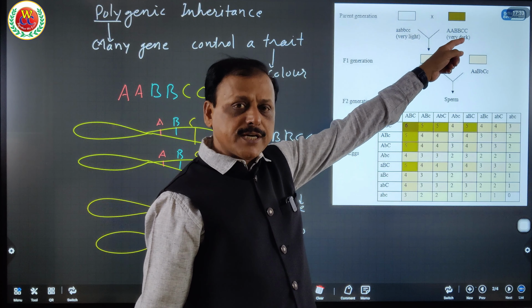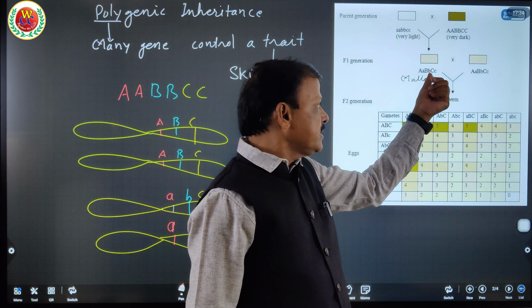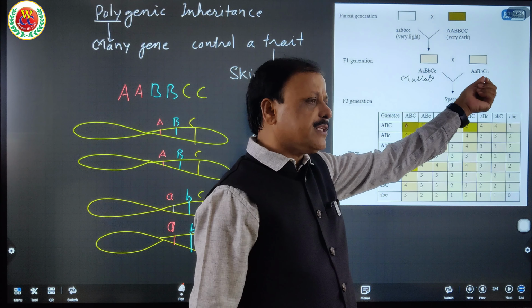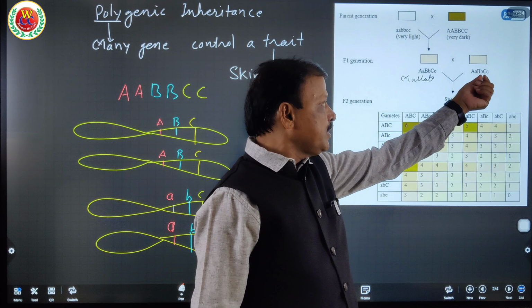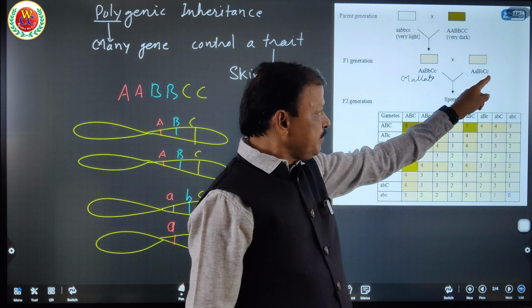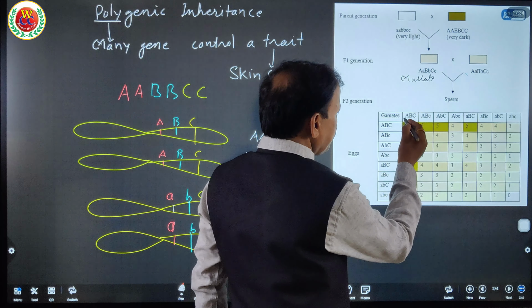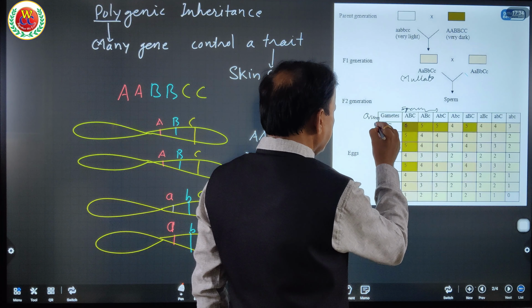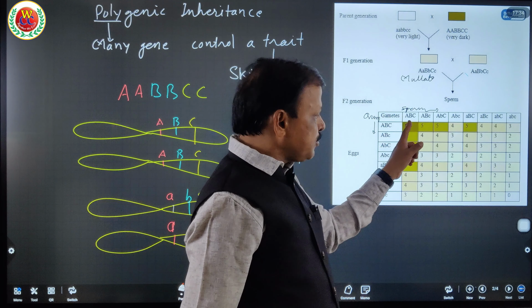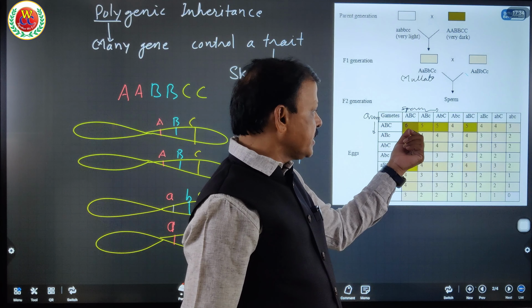That is what intermediate color means, between the very light and very dark. When an individual heterozygous for all three pairs of genes marries a female heterozygous for the three genes, each produces sperm or ovum of 8 types. These are the sperms produced, of 8 types, and these are the ovum produced, of 8 types, which randomly fuse and restore the diploid condition